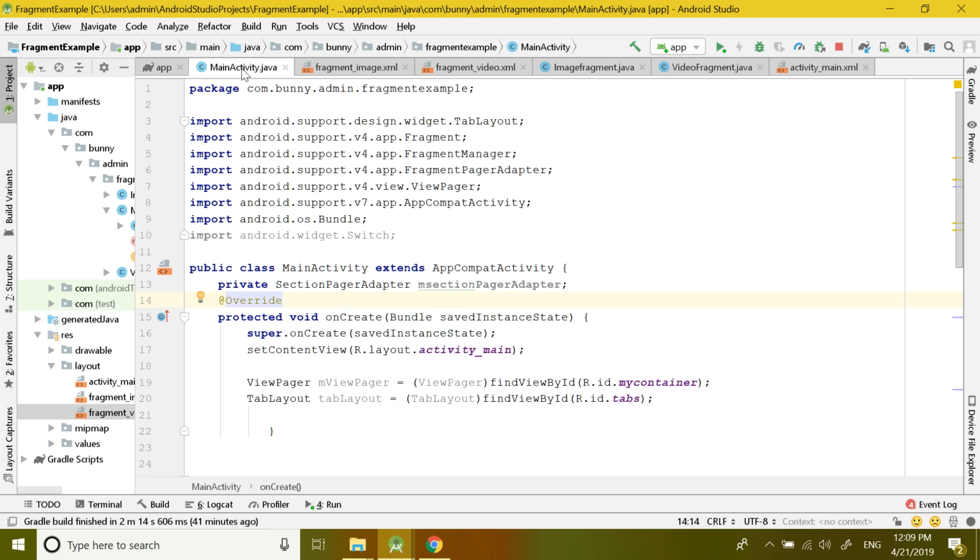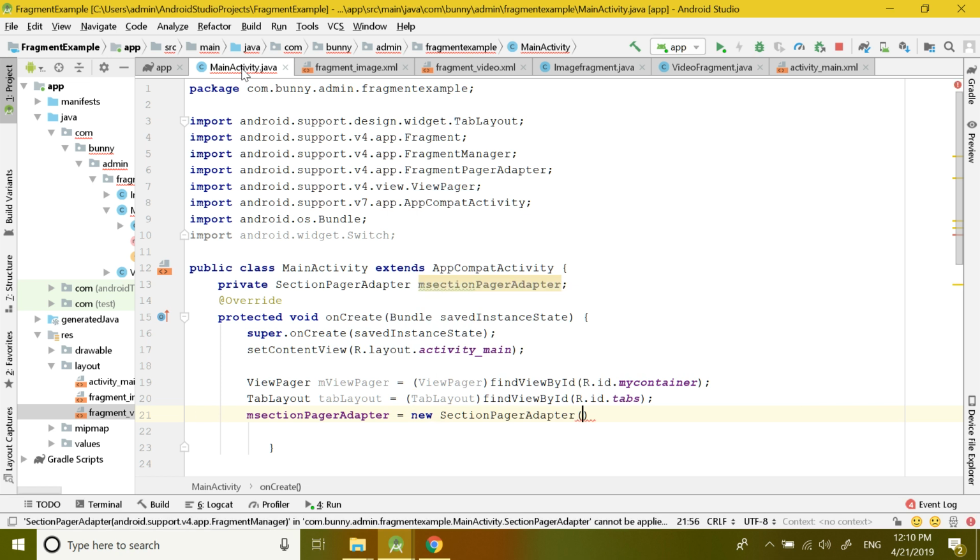And now let's initialize this stuff as mSectionPagerAdapter equal to new